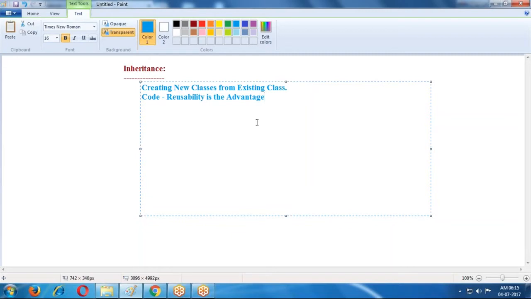How do we create it? Using the extends keyword we can create the inheritance concept.